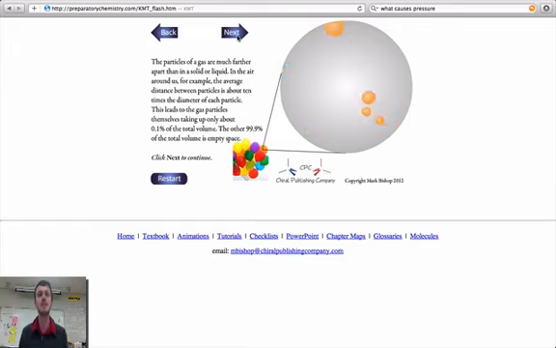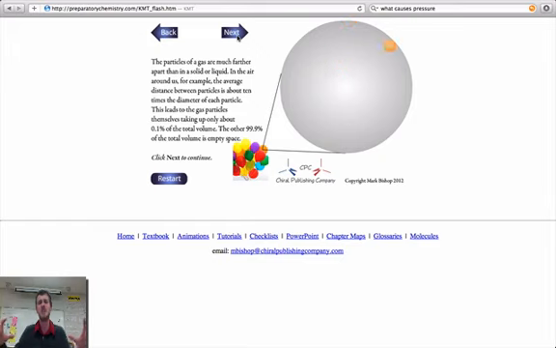Alright, so what you're able to see here is that those molecules are very far apart. They're not close at all. They're very rarely interacting with each other. They're bouncing off the sides of their container. There's so much empty space. So you can just imagine that if I want to get those molecules closer, I can